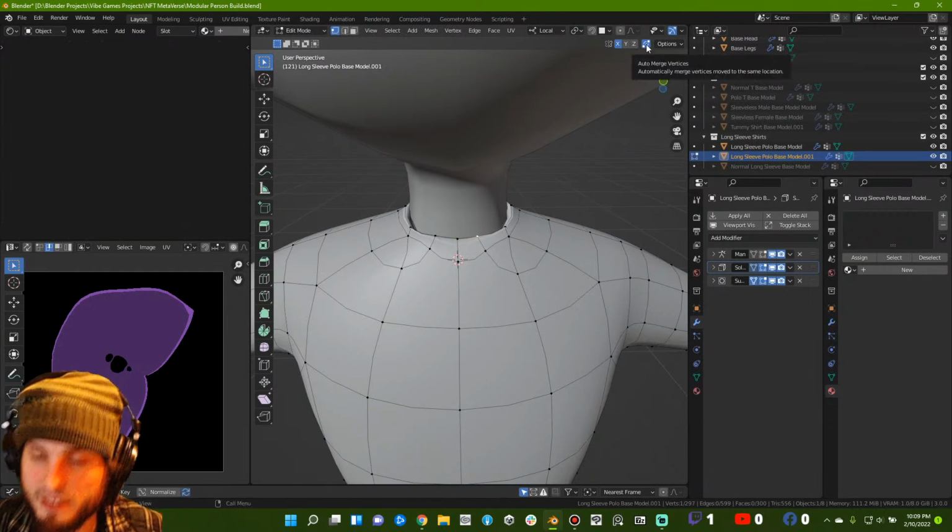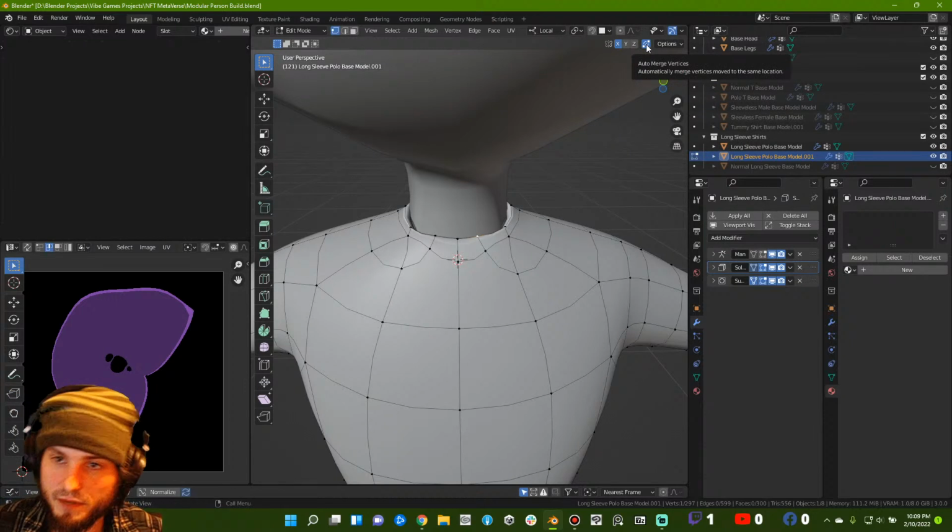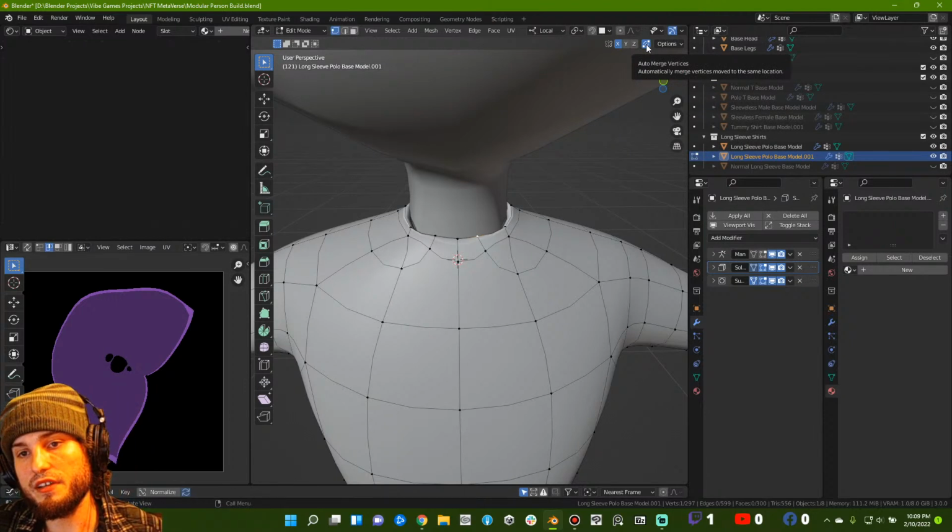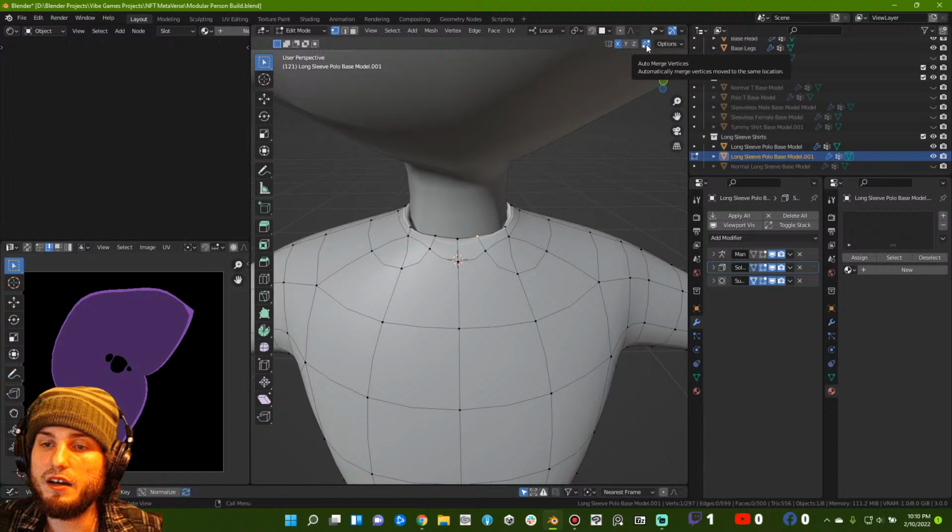So there's this other nice fancy button called Auto Merge Vertices, and basically when vertices get within a certain distance of each other,